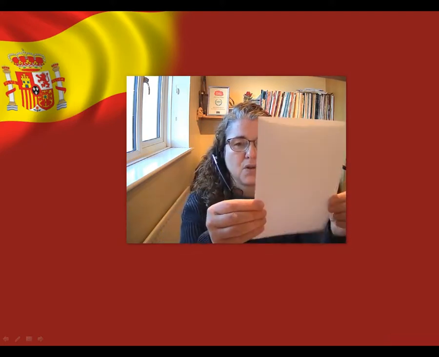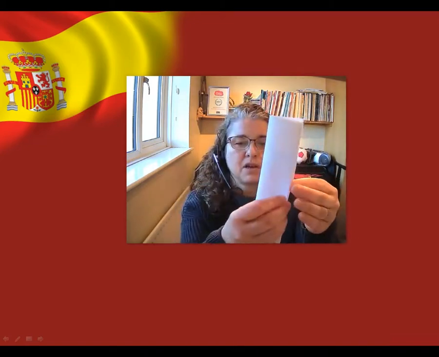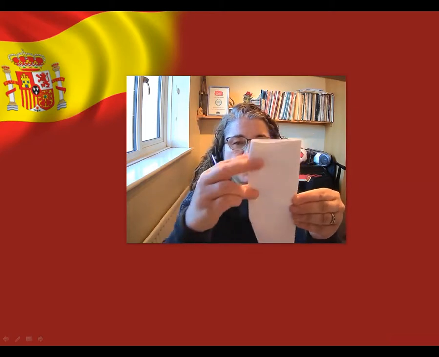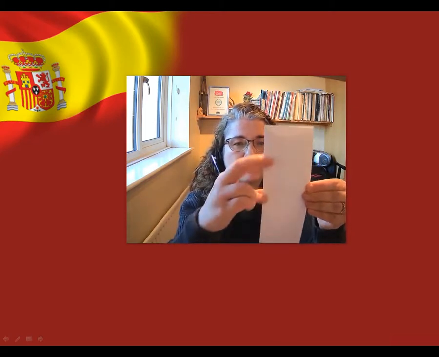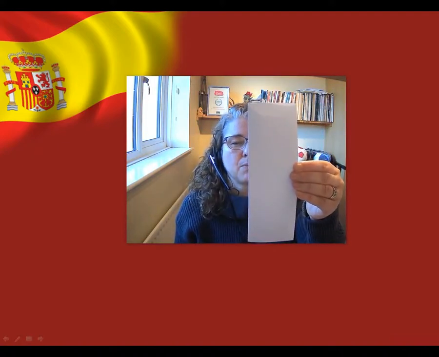Here we are, make those folds nice and crisp. Then fold it in the same direction again to make, if you like, a long skinny birthday card. It'll end up a kind of bookmark shape. There we are. Next thing you need to do is to fold it in half one more time, but in